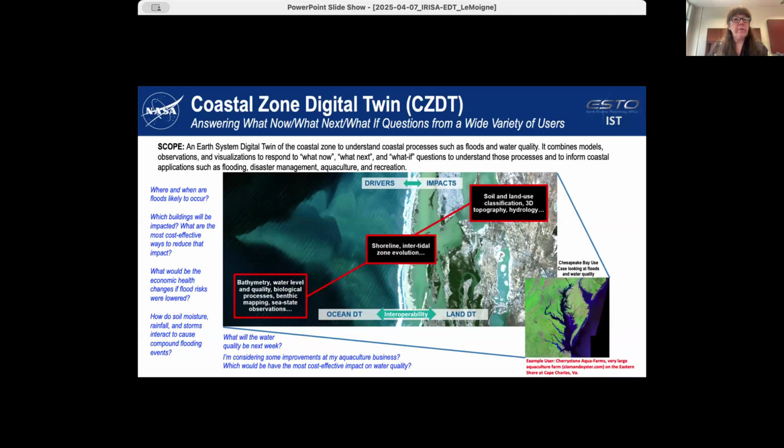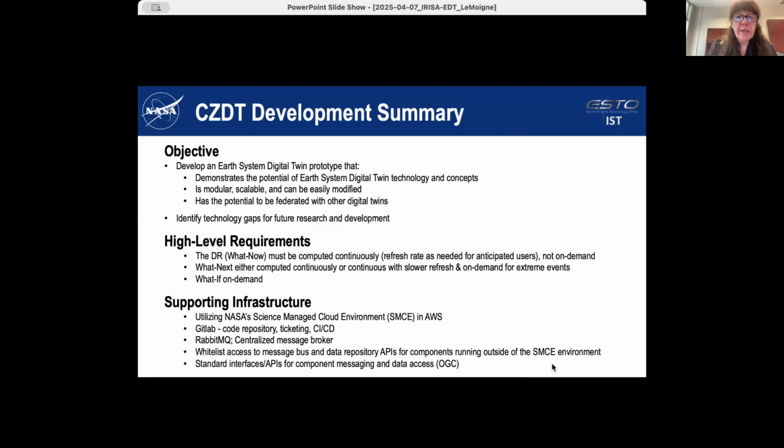So this is a scope from a US point of view. As I said, our first region of interest is the Chesapeake Bay, and for the Chesapeake Bay, we have been looking at 2 different use cases. So if I summarize this effort from the US side, the objective here is to define these prototypes that will demonstrate,